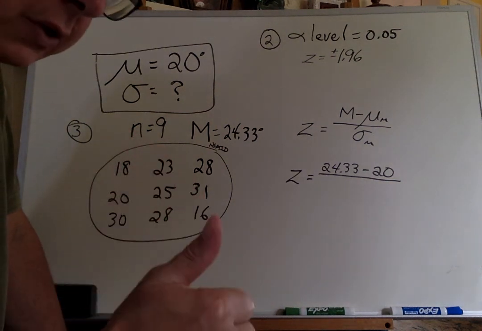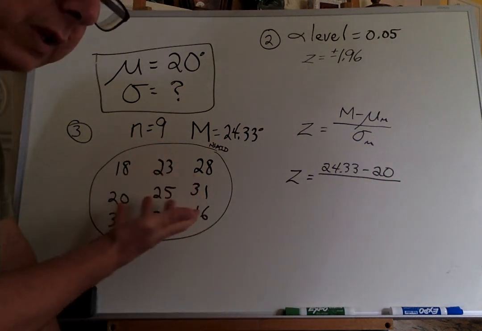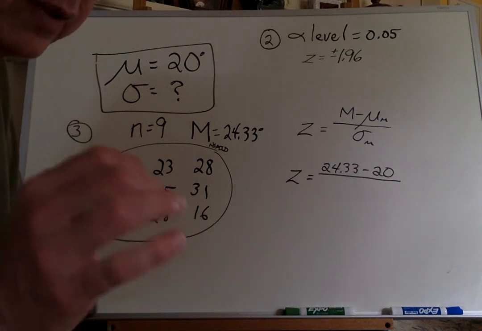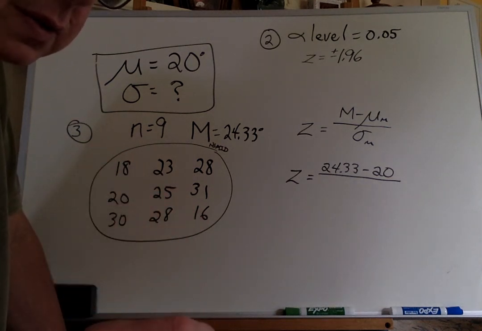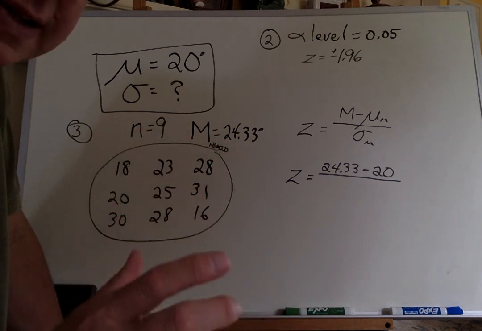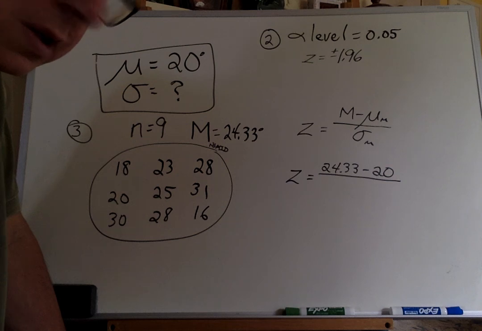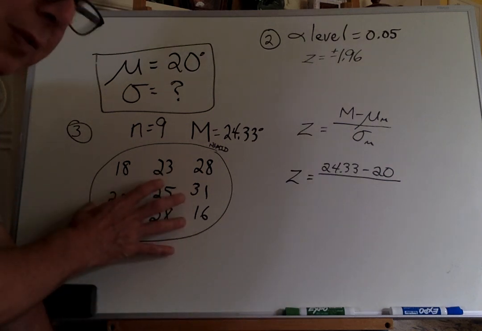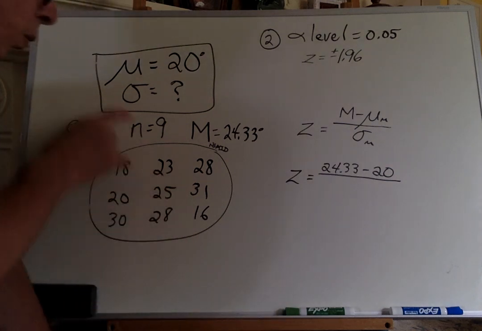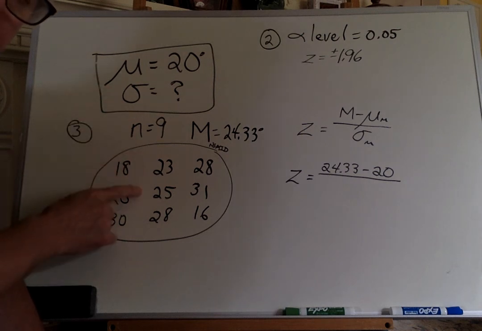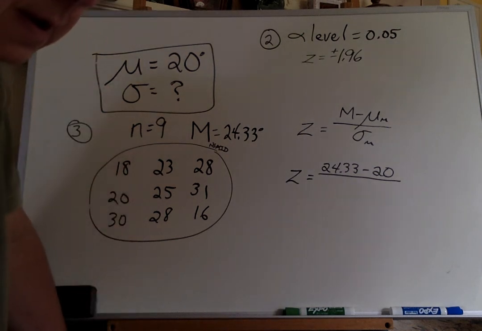So if we fail to reject, then this really represents normal therapy people. If we reject the null, and we say that the NSAID caused an effect, then these people came from a different population than what we're talking about here. This is the normal therapy population. This is the NSAID group. But,